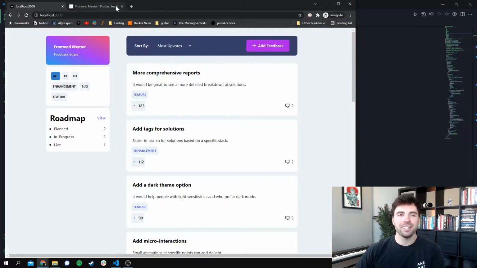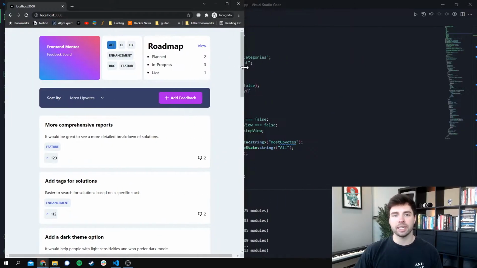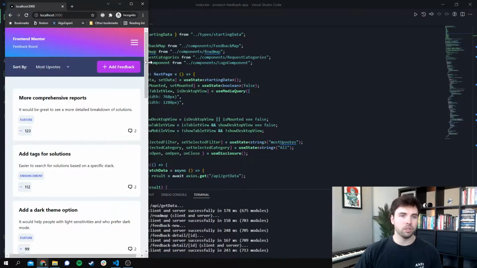So this is the project that I built. You might be able to see that it doesn't look identical to the one from Frontend Mentor, but that's okay, again, because my goal here was really to learn the technology rather than build a portfolio project. And I did learn a lot. It has a desktop view, a tablet view, and a mobile view,